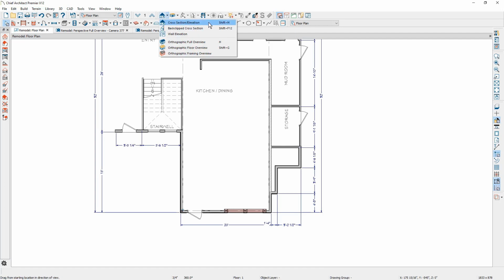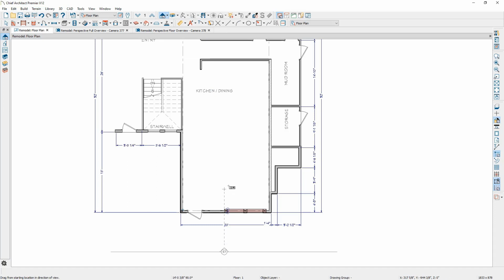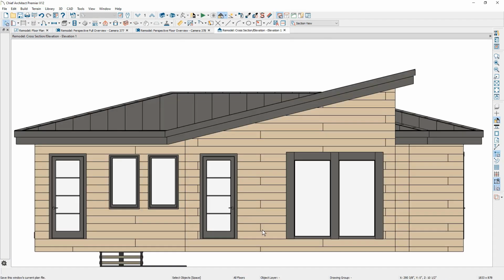One of the elevation cameras is just called the cross-section elevation. All you need to do is point and click to create that elevation view. In the elevation view, let's go ahead and click on the door, press the delete key, and I want to take these windows, post, and the beam that is above them, and I want to create a series of copies of those, two more, and pull those down the wall.